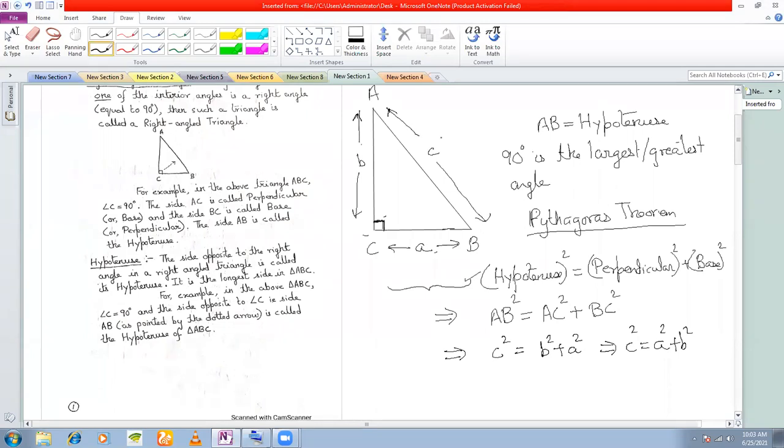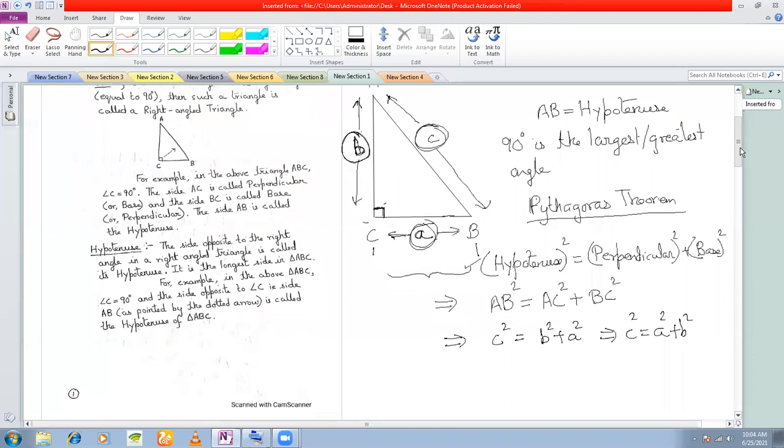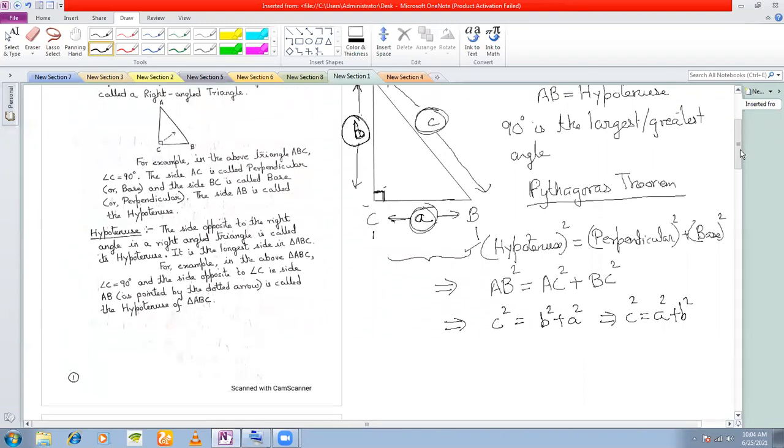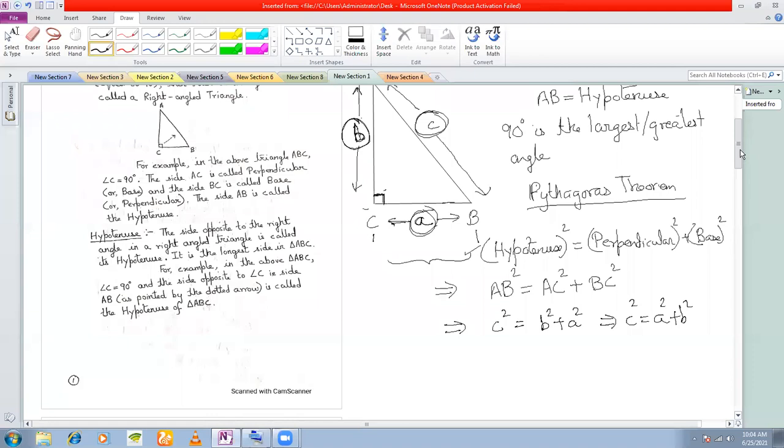Sir, why have you written B, C, and A like that? That is the way normally you take the inner triangle. You have A and C, so you take this side as B. If you have B and C on two sides, you take this side as A. That is the normal convention. You can take any, but this is the way you should be taking, because later in your class 11 and 12, you will be dealing with it in this way only. You will be calling the side BC as A, the side AC as B, and the side AB as C. Understood? Yes, sir. You should get habituated to this. In fact, you can take XYZ, anything you can take.